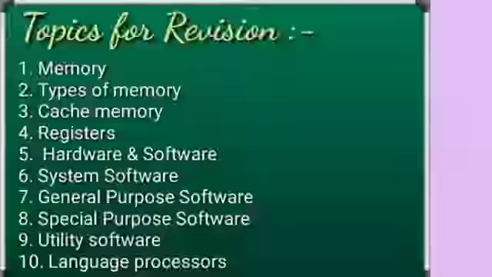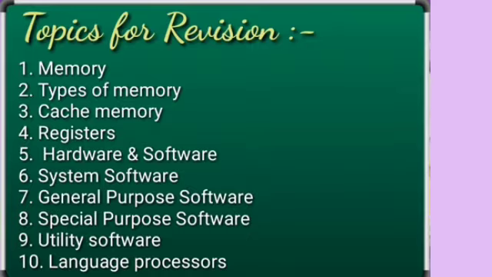The topics which we are going to revise are already written here on the screen, you can see, and we have already discussed them in the first chapter while learning computer system. But let us revise once again so that it is easy for you to write in the test. That is memory, the different kinds of memory, hardware and software devices, the different kinds of software and the language processor. So let us first of all begin with the memory.